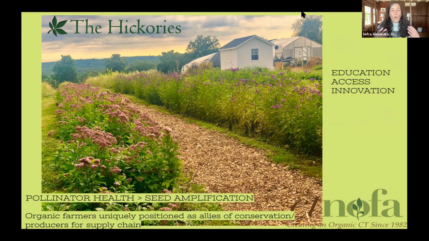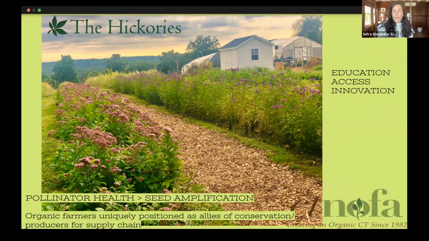But as we went into this process and we had these founder plots, as you see on site, we realized that the real need was to amplify this native seed in the Northeast because no one really had this resource. It's really interesting. Oftentimes large-scale farming can have really destructive effects on the landscape, but organic farmers have a really unique role to play in restoration and conservation. Because if we think about supply chain, we need producers, and producers with growing plant material, well, those are farmers.